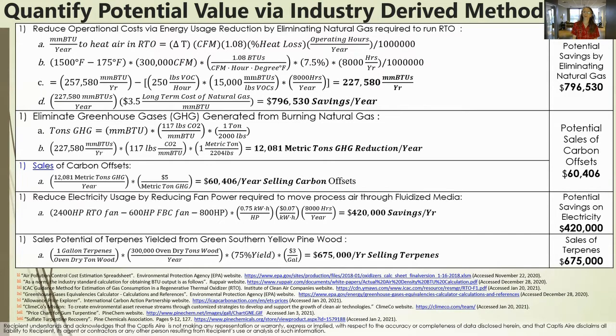Finally, if you're recovering terpenes, you can sell these. The value, of course, depends on your yield and the price per gallon. But we know that there's about 1 gallon of terpenes in every oven dry ton of wood. So for a pellet mill that's producing 300,000 tons per year of pellets, that has this 1 gallon of terpenes